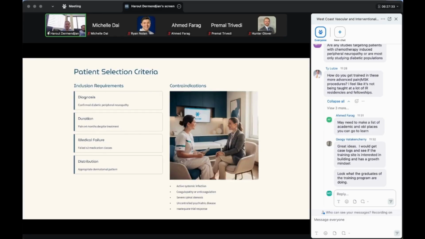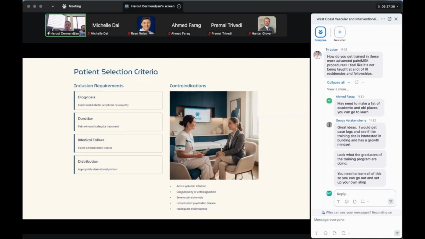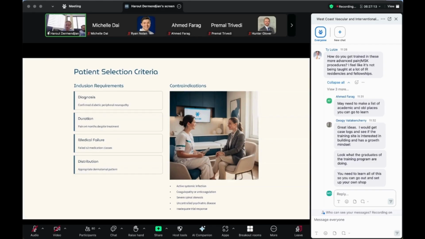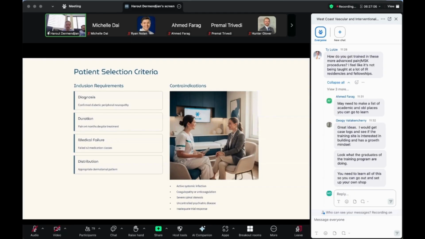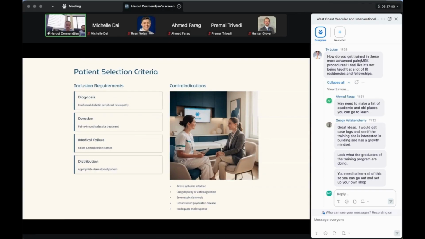Again, this goes back to patient selection. So how do I select my patients? Again, it has to be diabetic peripheral neuropathy, and that's where I'm focusing on, especially in my PAD population. The pain has to be at least 4 months. But again, this is stuff that these patients have been dealing with for years most of the time. And they almost always come either on gabapentin or have tried gabapentin. If they haven't tried anything, I'll initiate that process, mainly because it's required to show that they've at least tried and failed medical management. But they've all tried topicals at least, and we always try one oral medication as well.